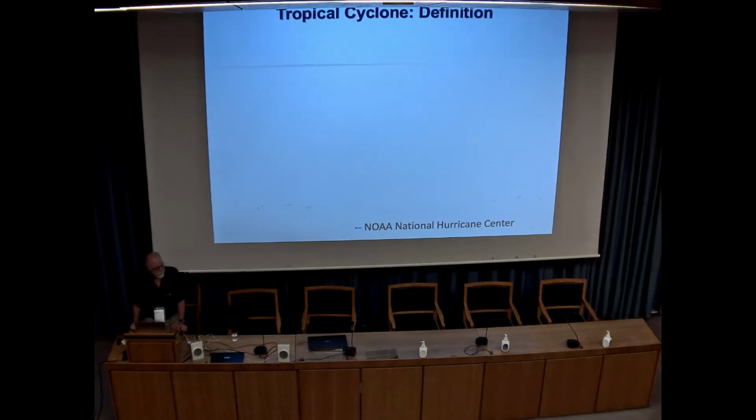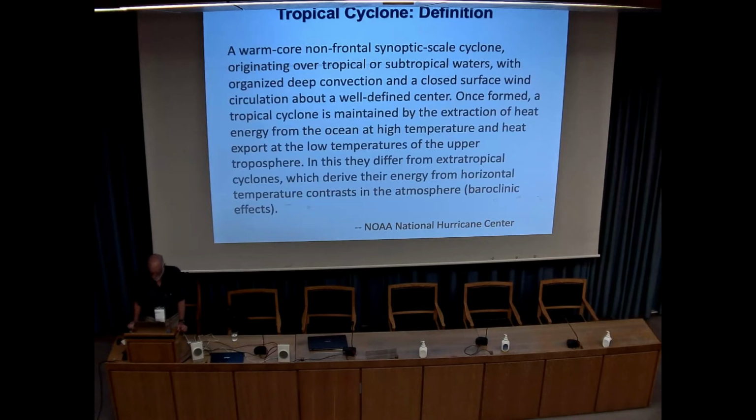So let's start with the definition. Here's the official definition from the NOAA National Hurricane Center. A tropical cyclone is a warm core, non-frontal, synoptic scale cyclone originating over tropical or subtropical waters with organized deep convection and a closed surface wind circulation about a well-defined center. Once formed, a tropical cyclone is maintained by the extraction of heat energy from the ocean at high temperature and heat export at low temperature